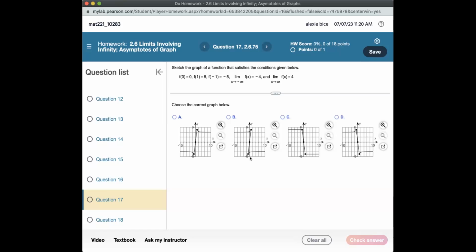Okay, so it says sketch the graph of a function that satisfies the condition given below. So we want to go to the extreme ones. The limit, like these ones out here, the limit as x goes to infinity, that's what you asked about earlier. That means as you go to the right forever,